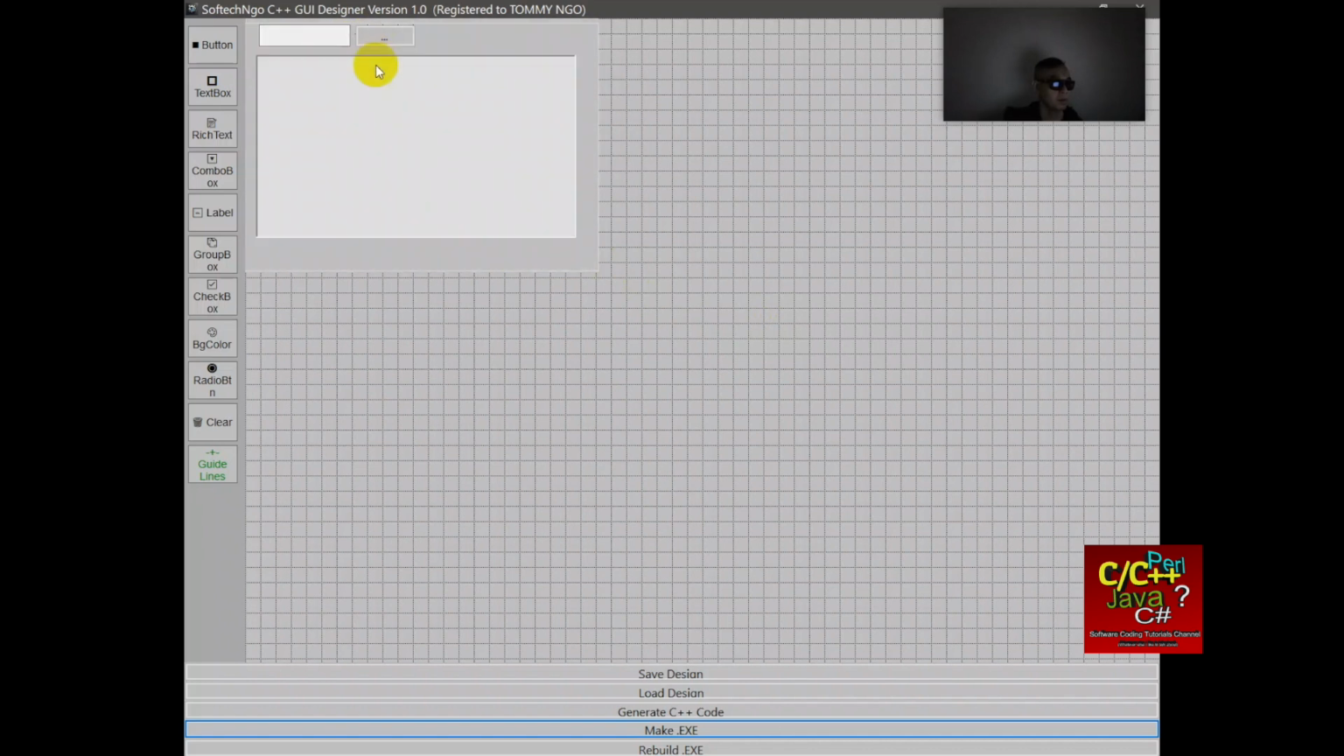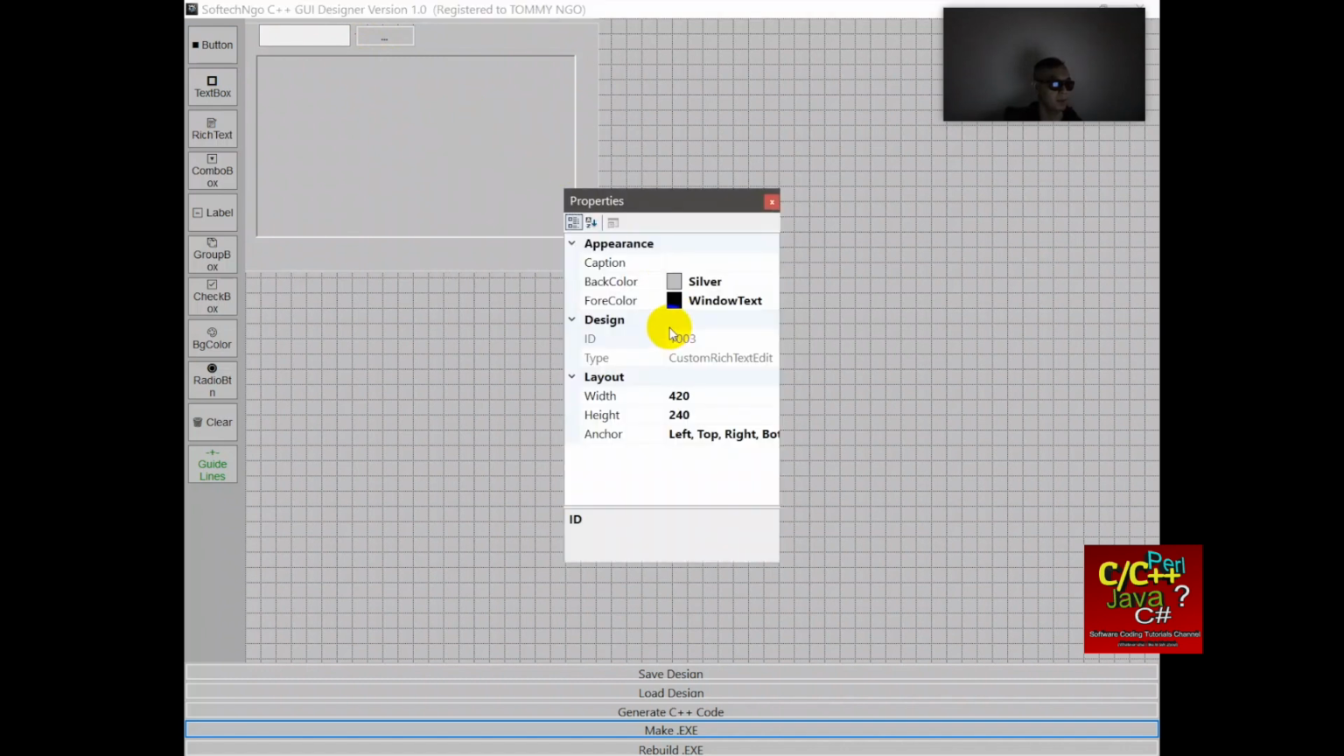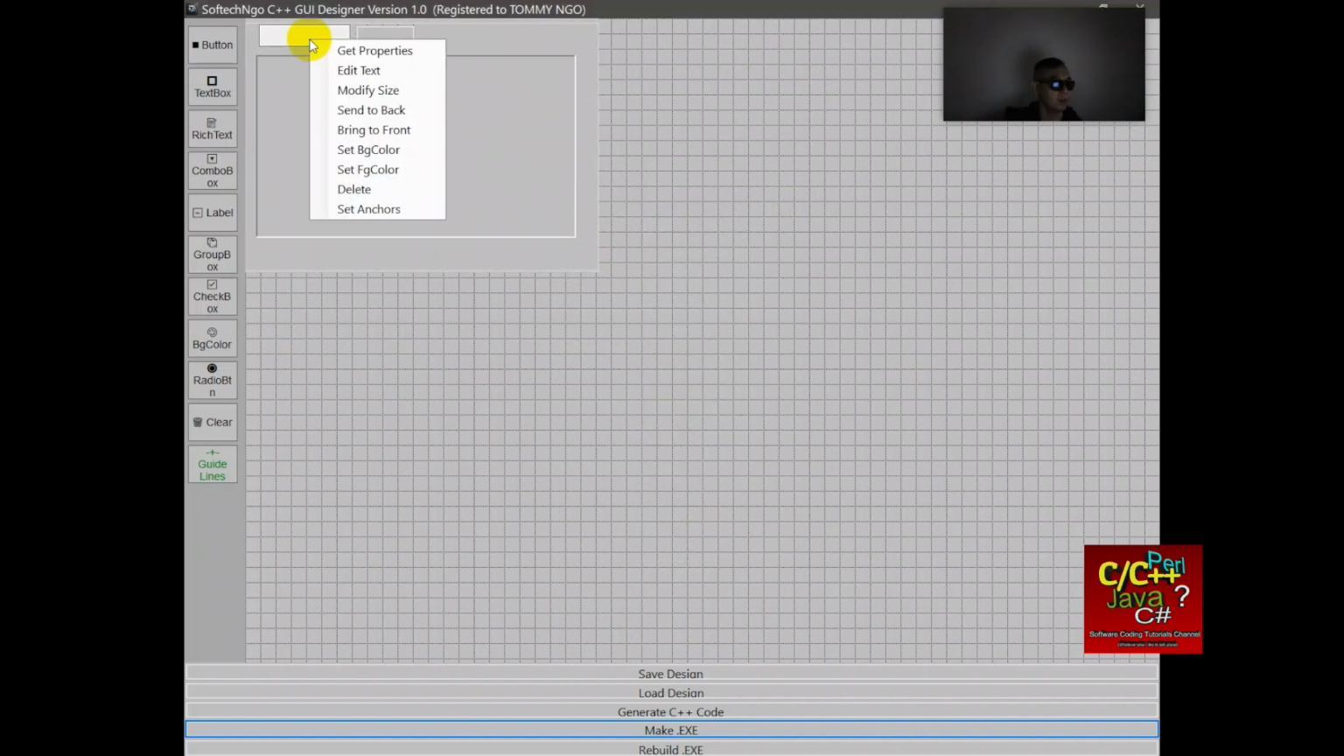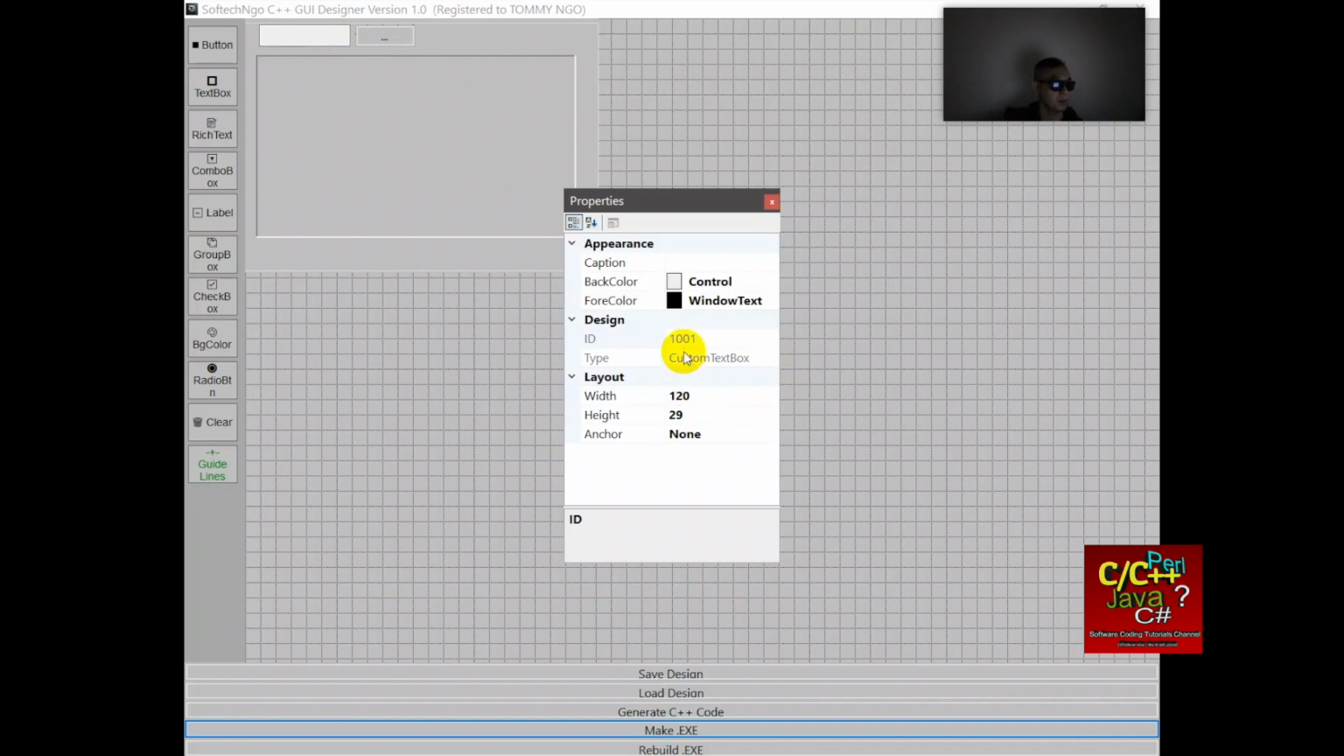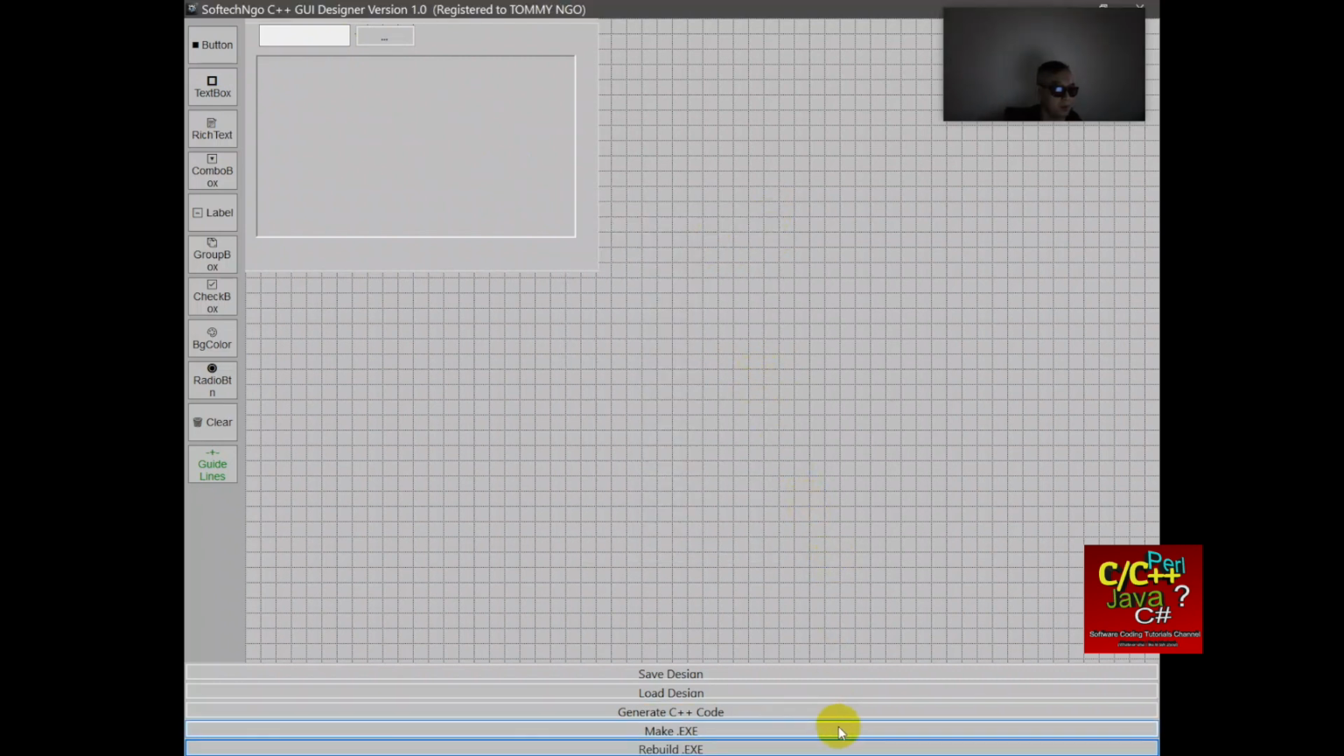So the next step is to do a right click and bring up the get property window, and as you can see the ID for our rich text is 1003 and our property says the ID for the text box is 1001. Okay, let's open up VS Code